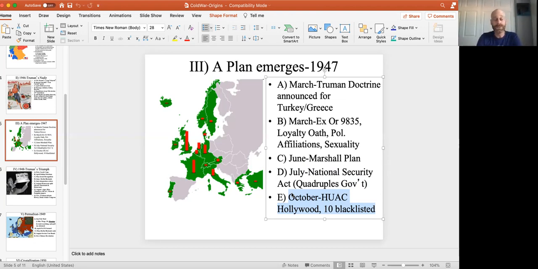Because there were script writers who in the 30s and 40s joined the Communist Party. One of the most famous of all time was a screenwriter named Dalton Trumbo. He wrote some of the best scripts Hollywood had ever had, but he was a communist. He made no apologies or bones about it. And he was banished basically from Hollywood. You talk about cancel culture today, right? Like a lot of conservatives say, anytime anyone says something offensive to the left, they'll try to cancel them through Twitter and stuff. They try to get them fired. In the 40s, people were canceled for being a member of the Communist Party.